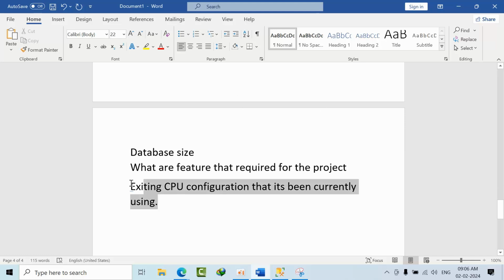Using these three things, if we get answers, we can recommend whether we are compatible or not with this PaaS service.